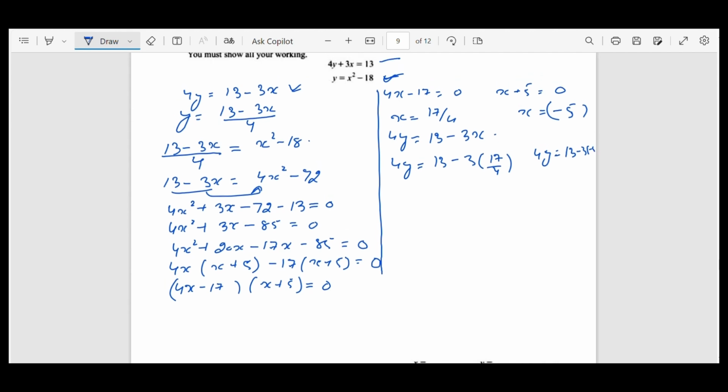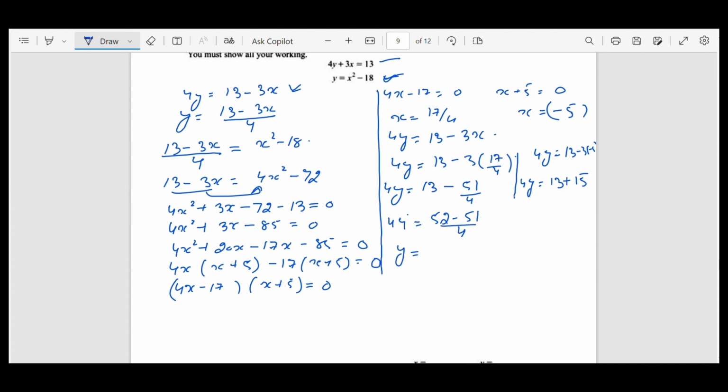I don't have the space here. So 4y will be equal to 13 minus 51 by 4, and here 4y will be equal to 13 plus 15. So 4y here will be equal to (52 minus 51) by 4,